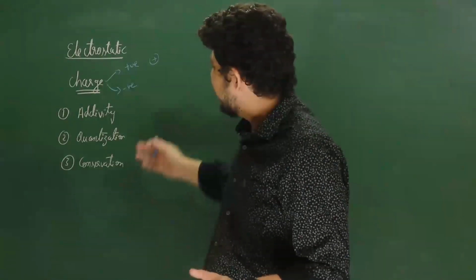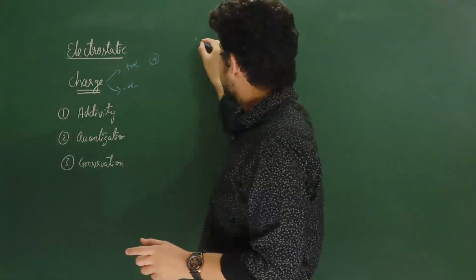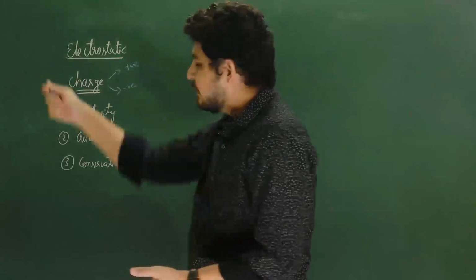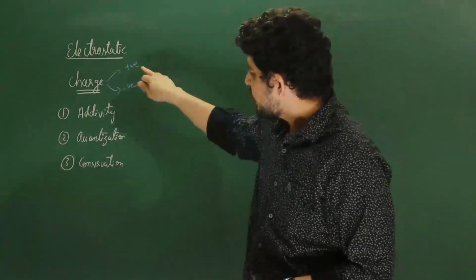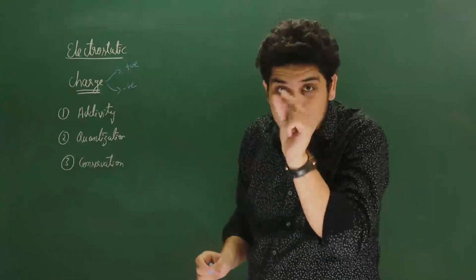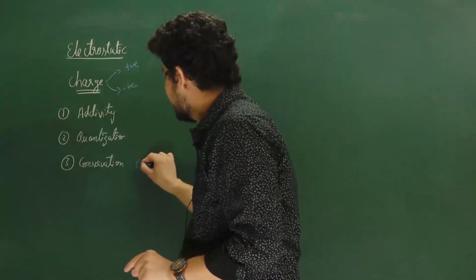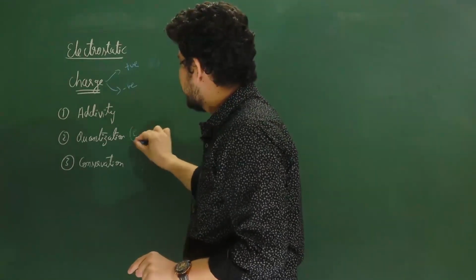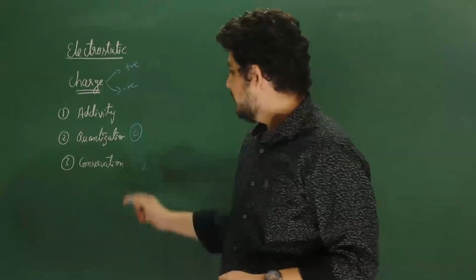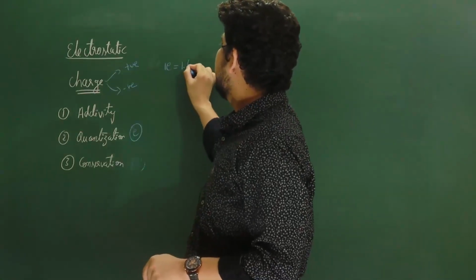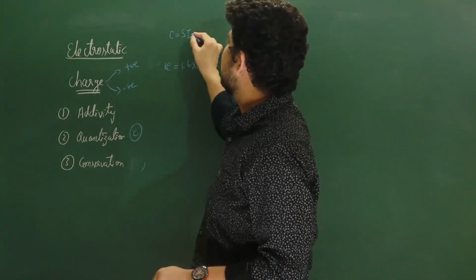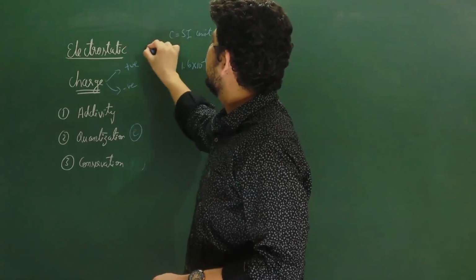In reality, it may be anything, just like a point, just like a bacteria. I don't know what shape or size it has, but actually it is a property, and the minimum least charge is e, which is the quantization of charge. We cannot divide the charge to less than e, and the charge of 1 e is 1.6 into 10 to the power minus 19 coulomb, and coulomb is the SI unit of charge.